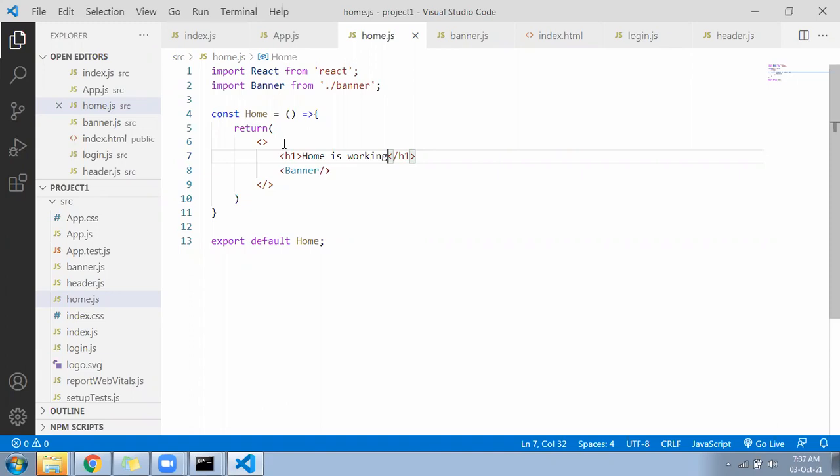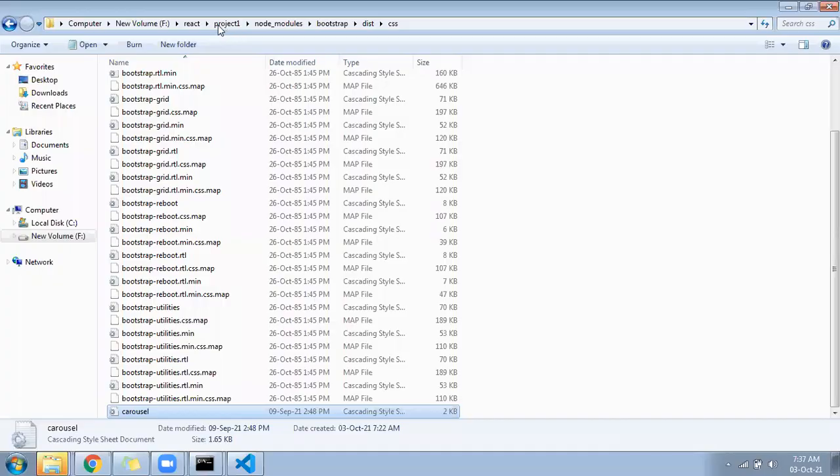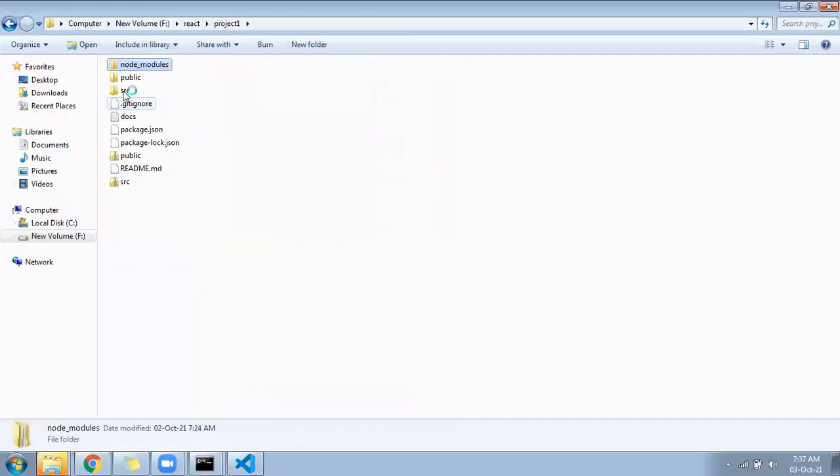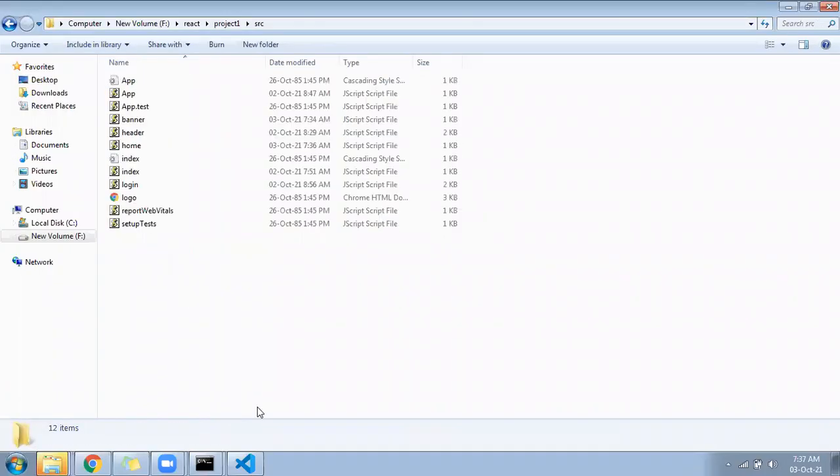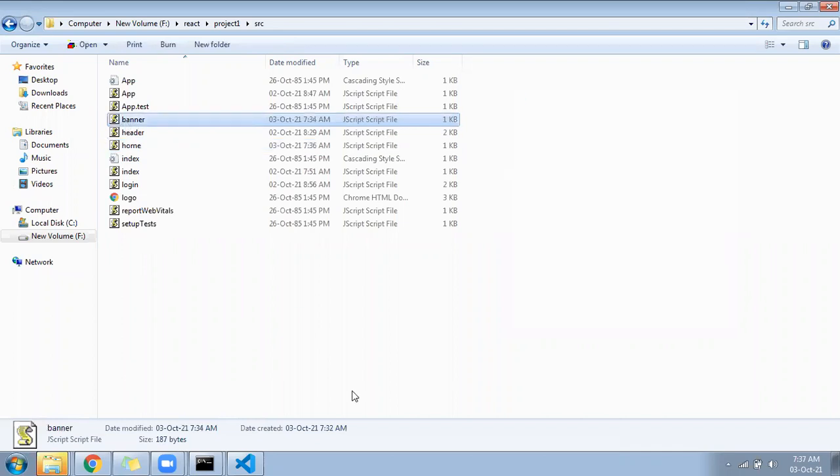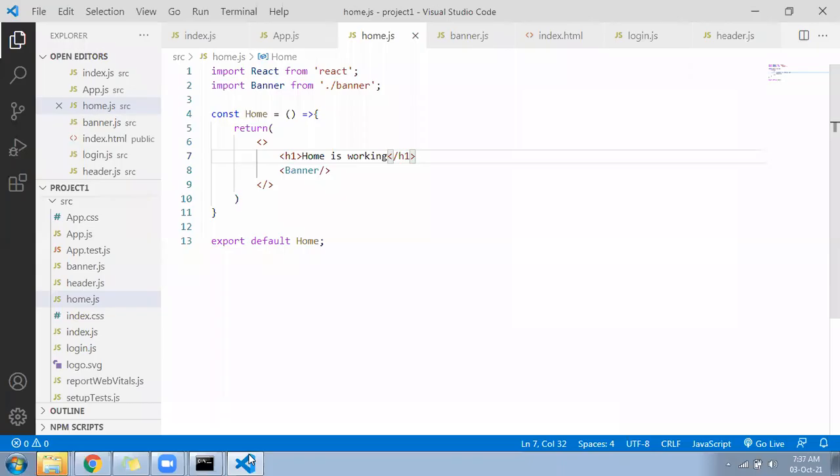Both files, home and banner, I will send in the chat. Home and banner both came to your chat.